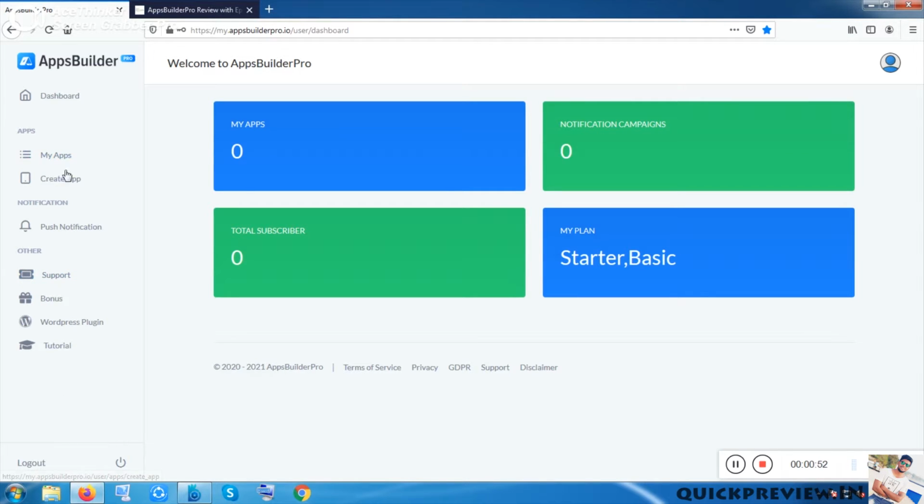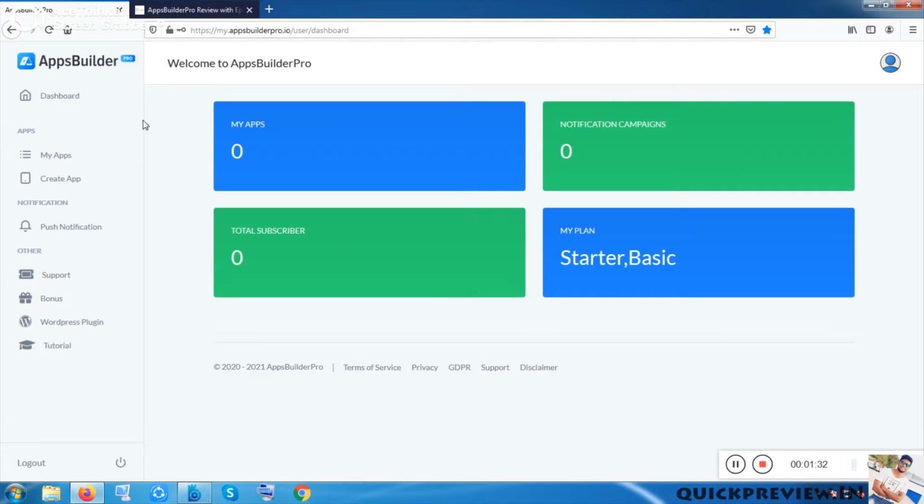Now I am on the dashboard, and you can see there is edit profile, change password, and logout. This tool is totally made so that you can easily and instantly build your mobile app. You can build your mobile app for your website, for your blog, for each and every blog, and you can build it for your Shopify store. Once you have put in the URL, your work is done. Just by doing one or two clicks, or maybe some clicks, your app is instantly ready.